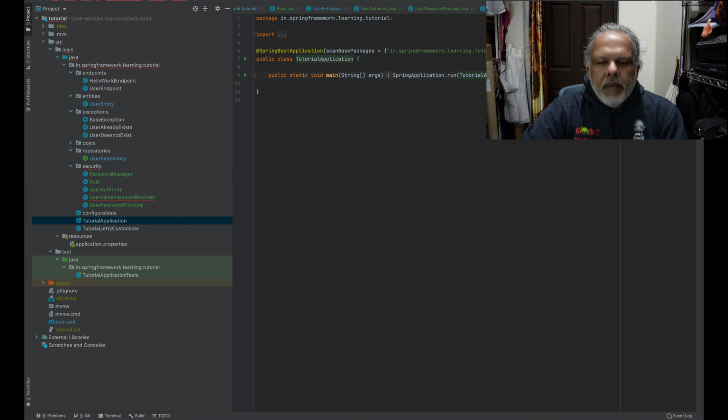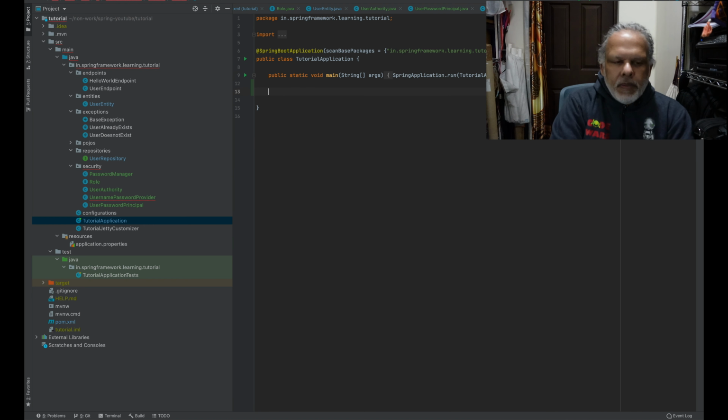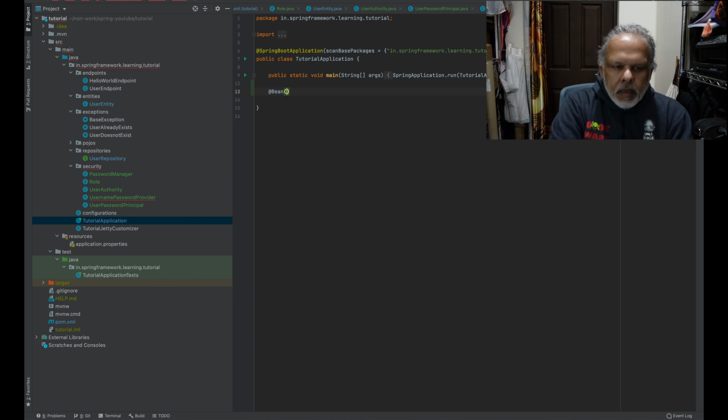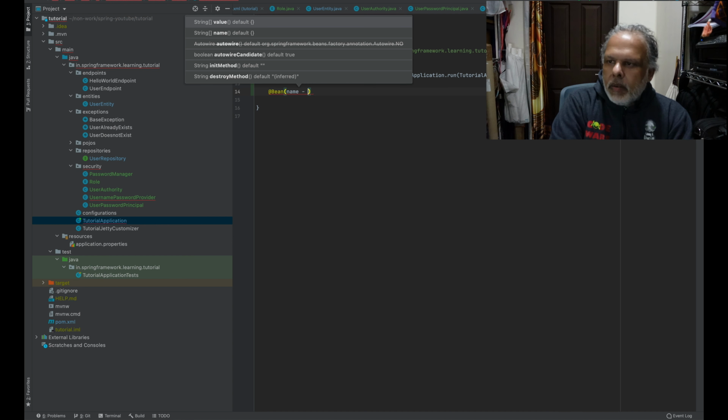Right now we will define it within the main application itself. We could also define it within any other configuration, but for now let's define it within the main application. So we say @Bean, name equal to